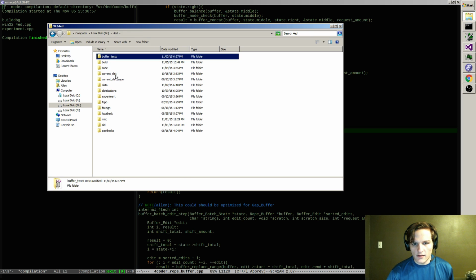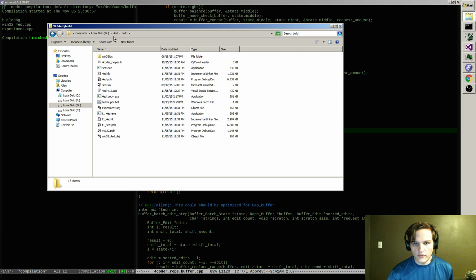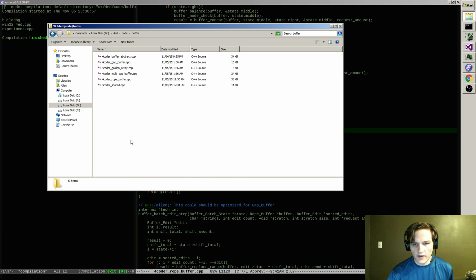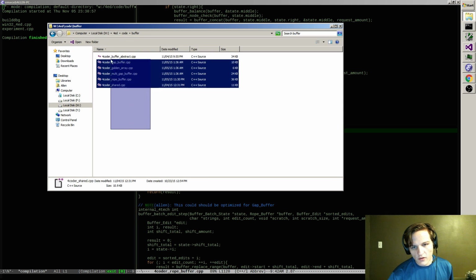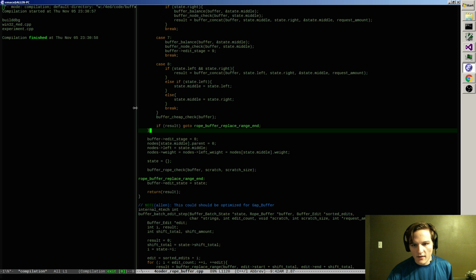I'd like to continue to have it set up that way. So I'll just have a file in here that doesn't have anything to do with 4coder. It'll just be like 4coder buffer test, .cbp, but it never gets compiled into 4coder. It'll be a separate build that I'll start running. So I guess I've got to set that up.